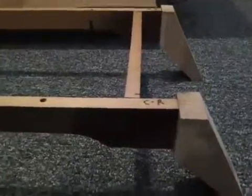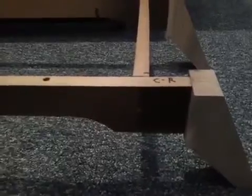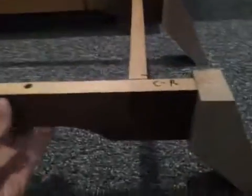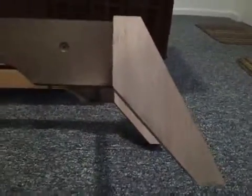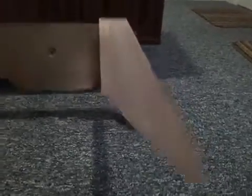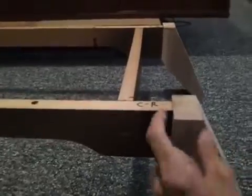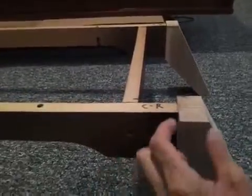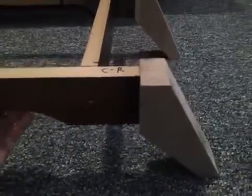Alright, this is a video showing you how far I've got along on redoing the whole leg structure here, or whatever you want to call it. Those are the new legs that I made, or that's one of them. If you remember right, the old legs just went straight up and down. They were just this color and were really very unattractive for the